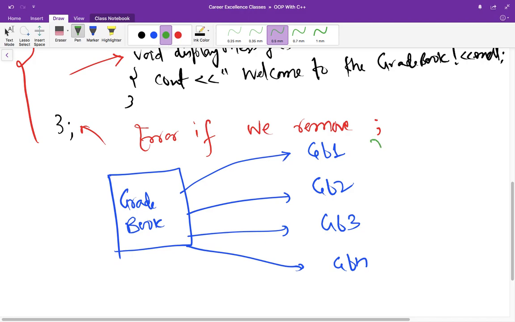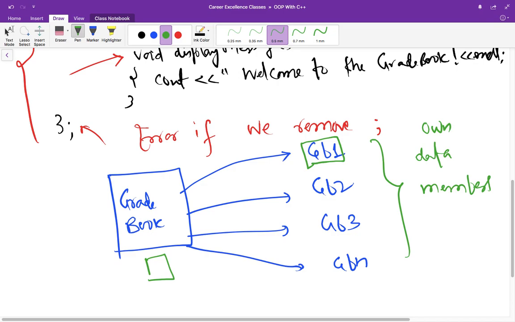And all these objects will have their own data members. So if you make a change in a data member, the change will be effective in only that object, right? But there will be only one copy of the functions. So any time you want to call the function on gb1, gb2, gb3 or gbn, you have to call the same copy of the function. But data members will be different.